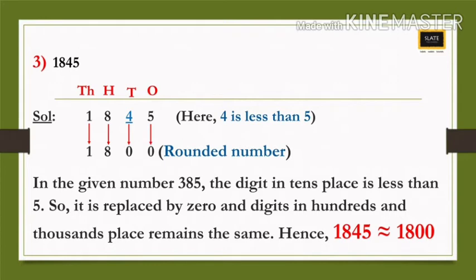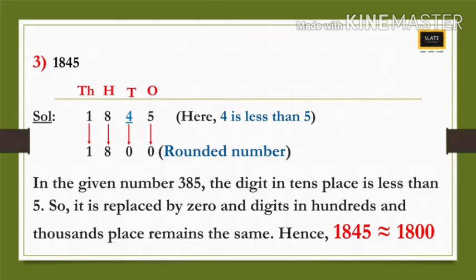Therefore, we can call that 1845 is approximately equal to 1800. Okay, 1800 is the nearest hundred for 1845. I hope you all have understood how to find the nearest hundred for a given number. Okay, now